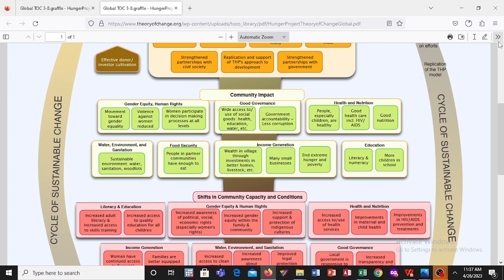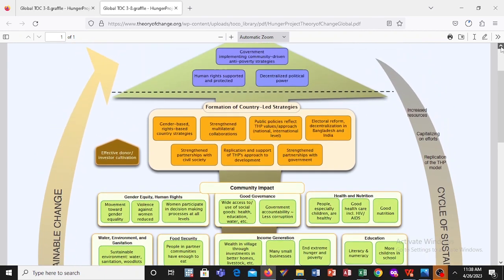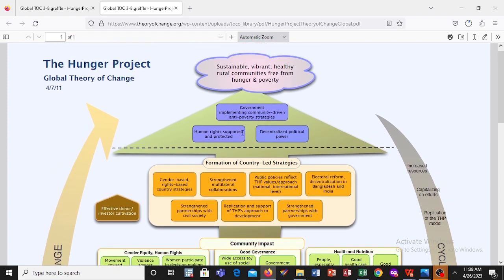And then this will ideally lead us to the theorized change overall, that is the gender-based rights, strengthened multilateral public policies, electoral reform, replication, and then human rights supported. We are going to see human rights supported and protected, decentralized political power, government implementing driven, and poverty